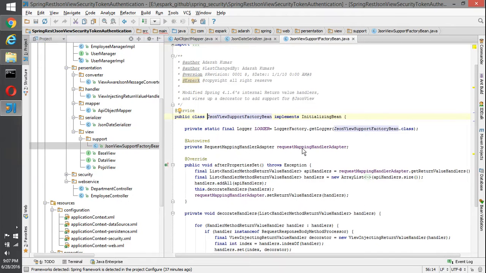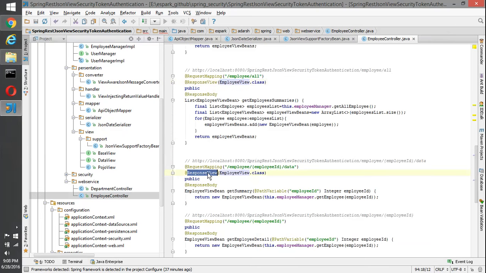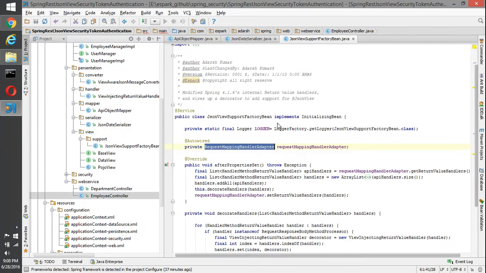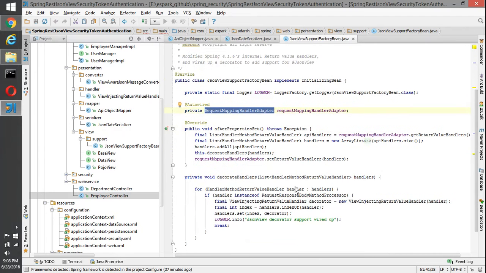What we have done, this is our own custom request mapping handler, because if we want to handle this annotation, we need a custom handler to be part of that predefined handler list. We have injected a request mapping handler adapter here, and with the handler adapter we are creating our own view injecting handler.